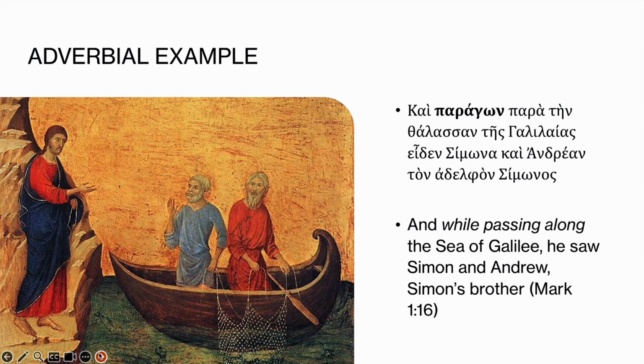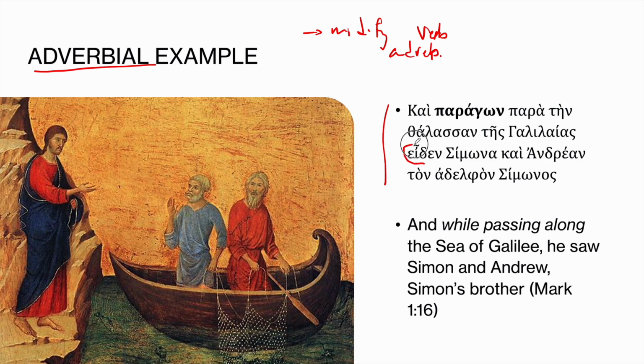Moving on from the adjectival use, I want to talk about the adverbial use, and that's when it modifies a verb, acting like an adverb, telling us something about the action of the main verb of the sentence. So this is the calling of the fishermen, and we read this in the Greek text. Kai paragon para tein thalassan tes Galileas, eiden Simona kai Andrean ton adelphon Simonos. The main verb of the sentence is eiden. He saw. So Jesus saw